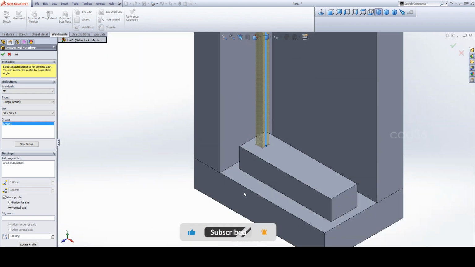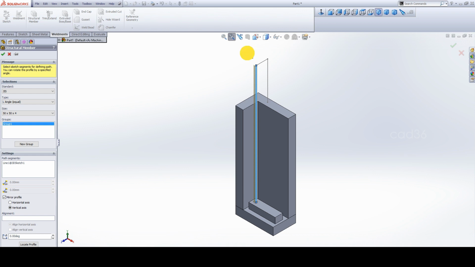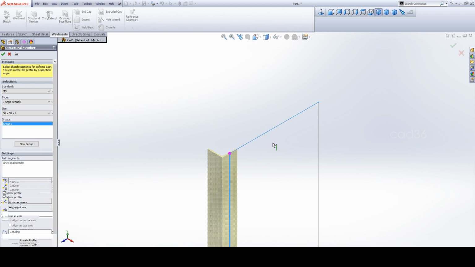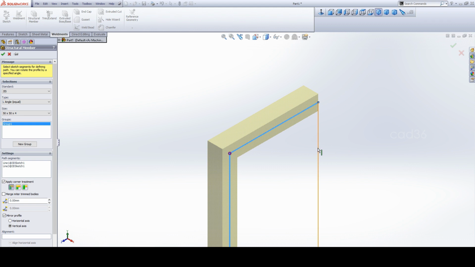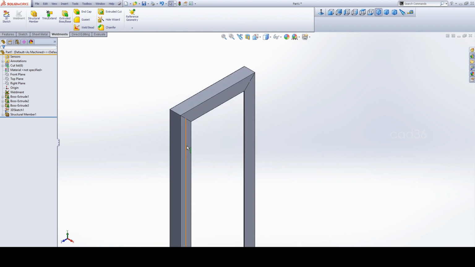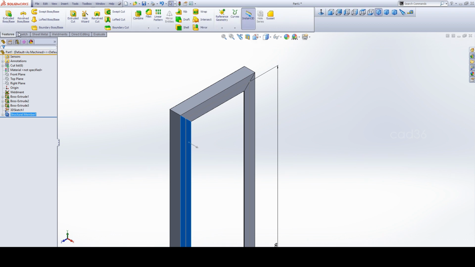Okay, you can zoom it where you want. That is better to understand. Again, you can select the lines to make a profile, 50 angle profile, and how you want the corner cut also you can select it. I need the same one, so I will accept this. So this is what we make, a profile here, steel ladder. So then what we do, you select this face and go to the reference geometry and